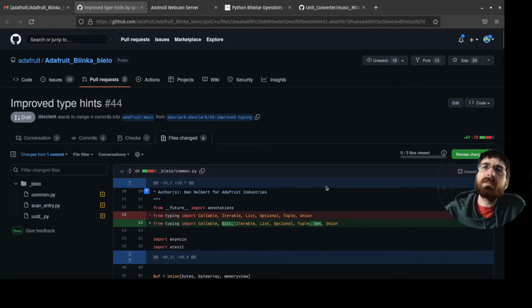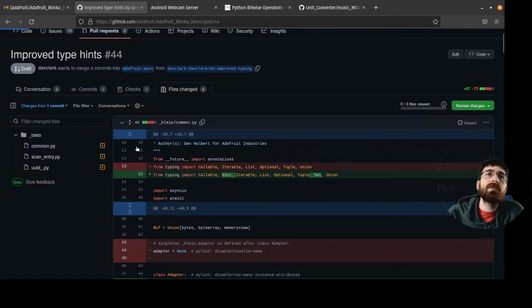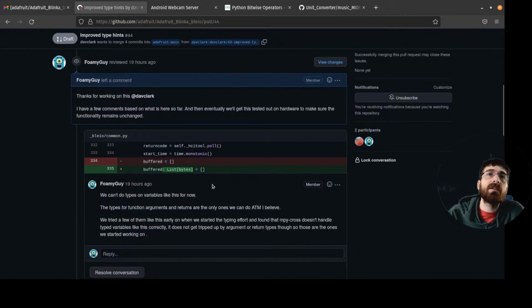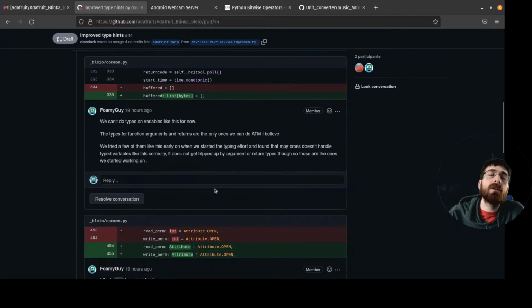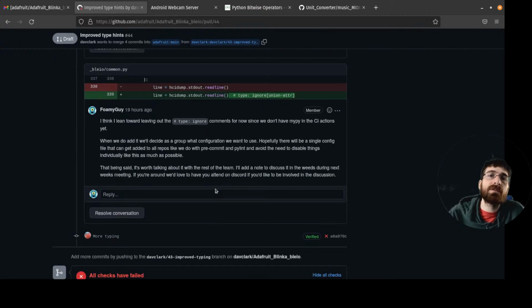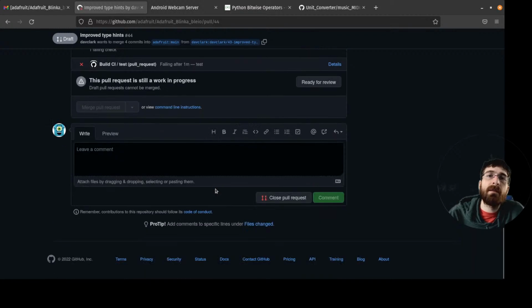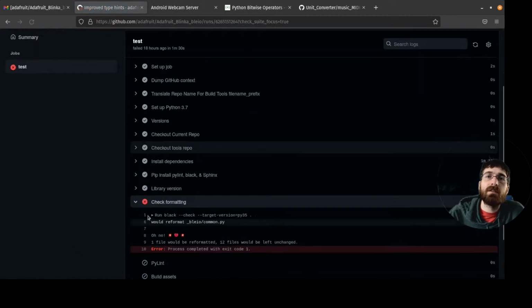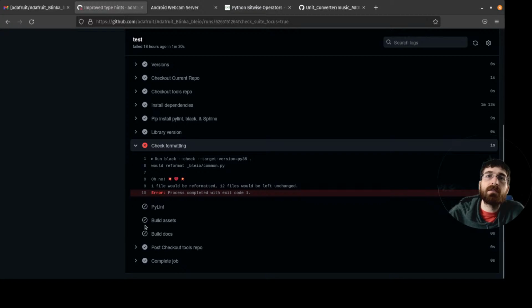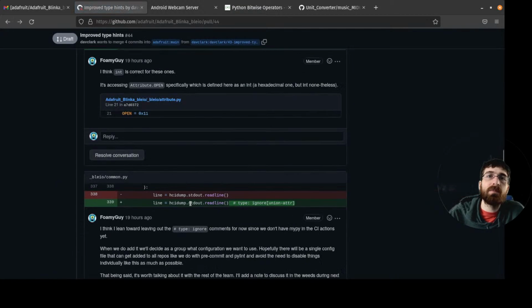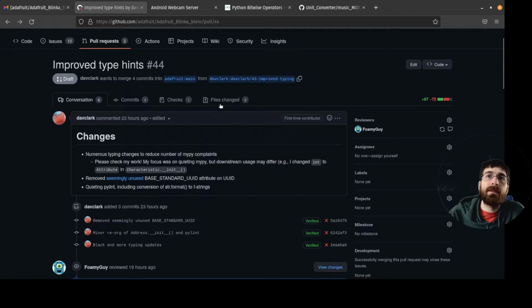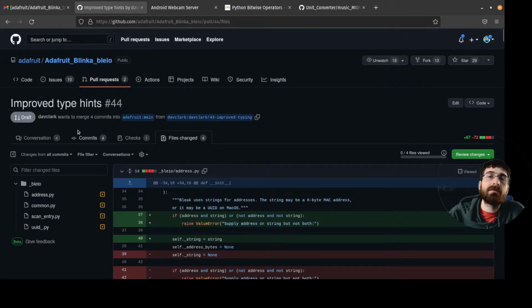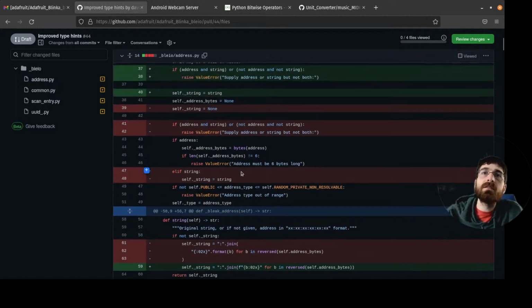What else? Oh, it's from a while back. Discord. Let's see, what do we got here? Did I look at this one yesterday? I don't remember. Yeah, okay. Oh, right. We had this one where it was variables, more typing. So one thing is it is failing actions. Let's take a look. Check formatting. It needs pre-commit, basically. It needs black run. It's up to date. Usually there's a refresh here if it's not up to date.